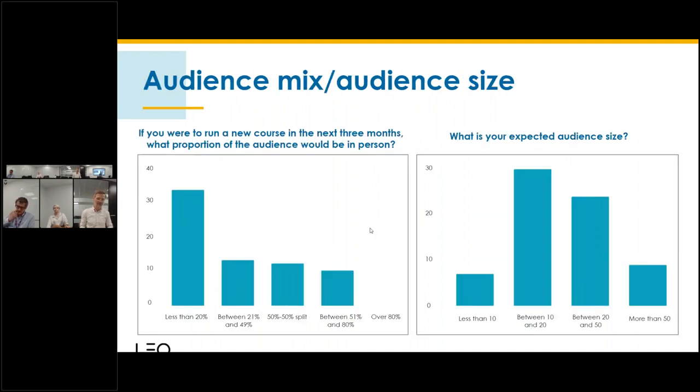And there's some interesting things around the audience mix and audience size as well. Because hybrid is this idea of having people live in the room and people live online at the same time, it was quite interesting to me to see that if you had less than 20% of people in the room, or conceivably over 80% of people in the room, I kind of wonder whether hybrid's the right answer. But actually what was interesting was that